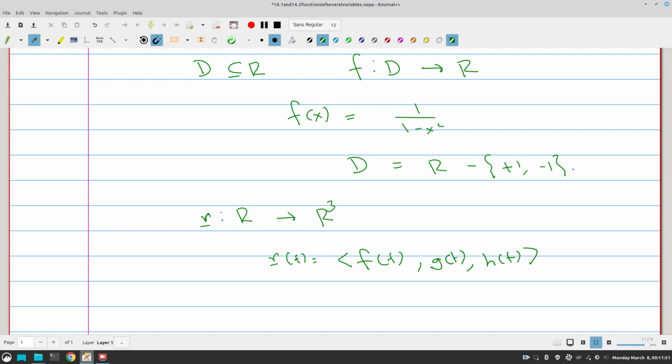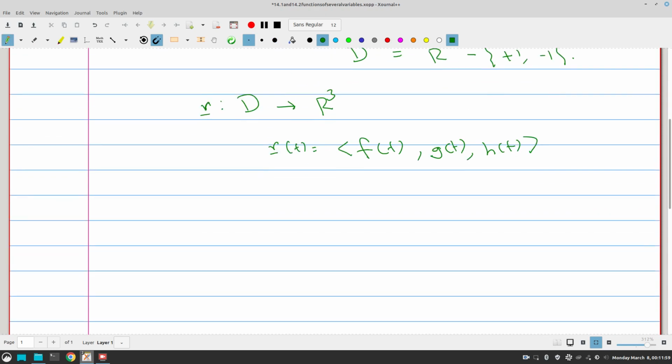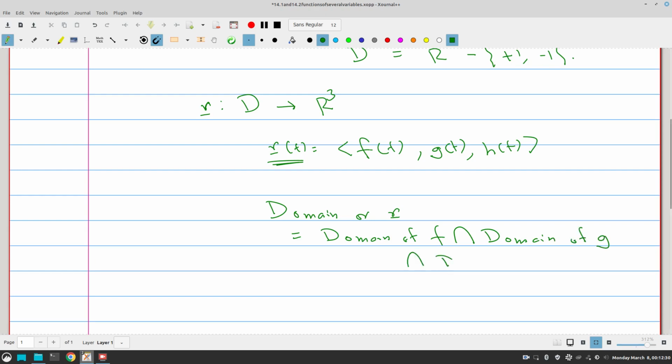So this domain should actually be written as D, it's not the entire set of real numbers. So the domain of r(t) equals the domain of f, intersection the domain of g, intersection the domain of